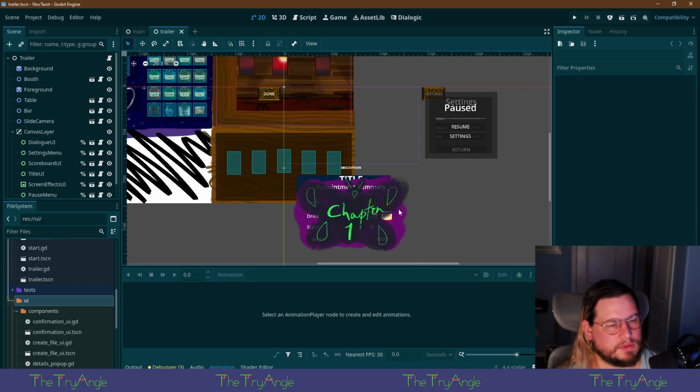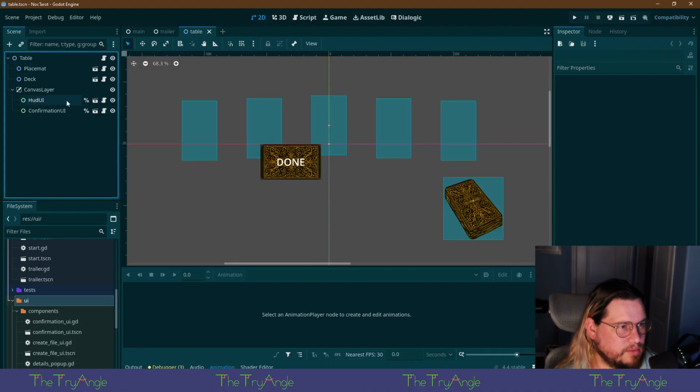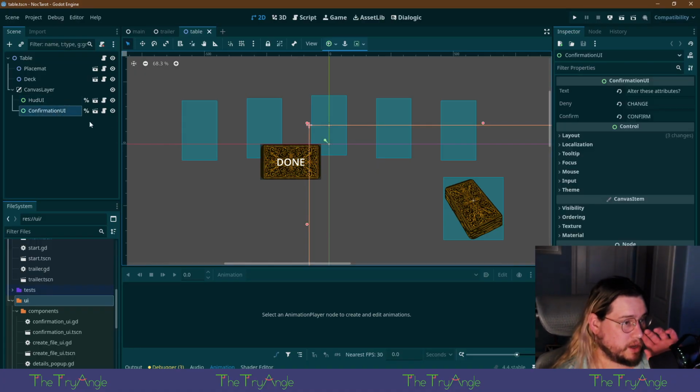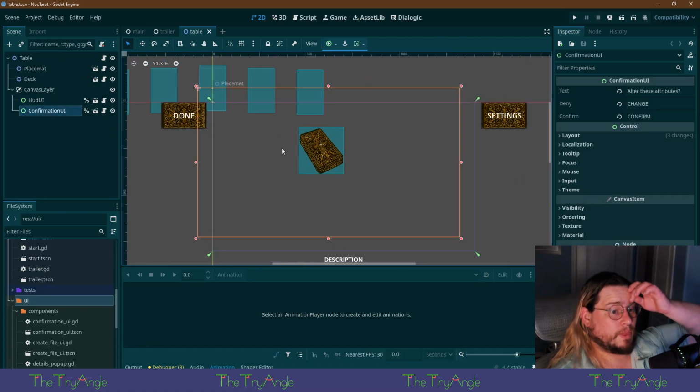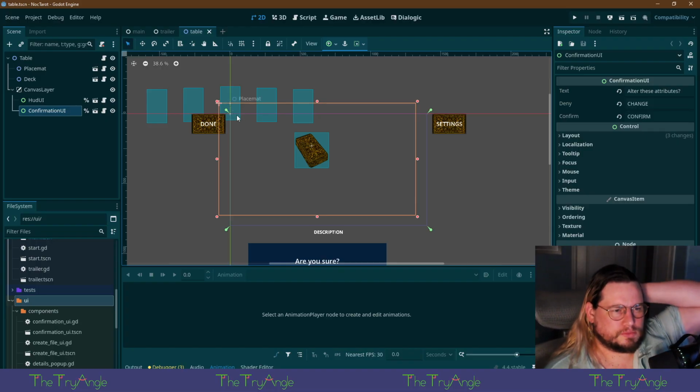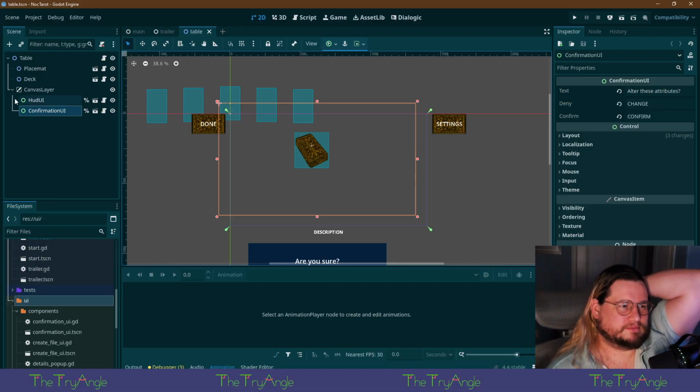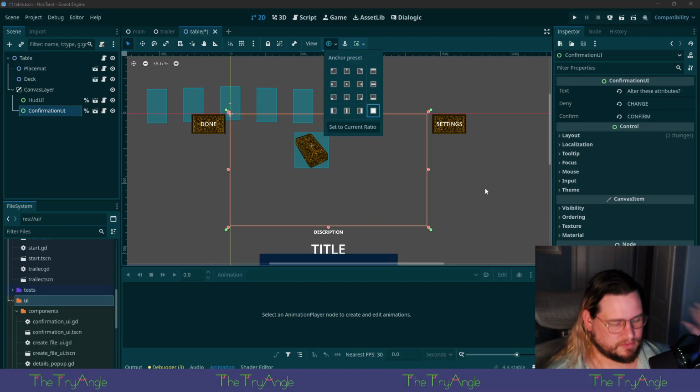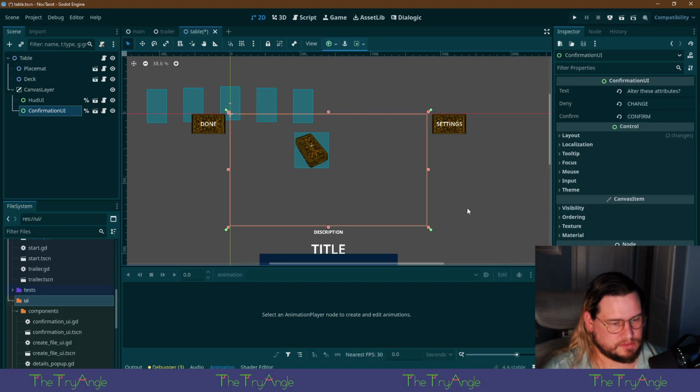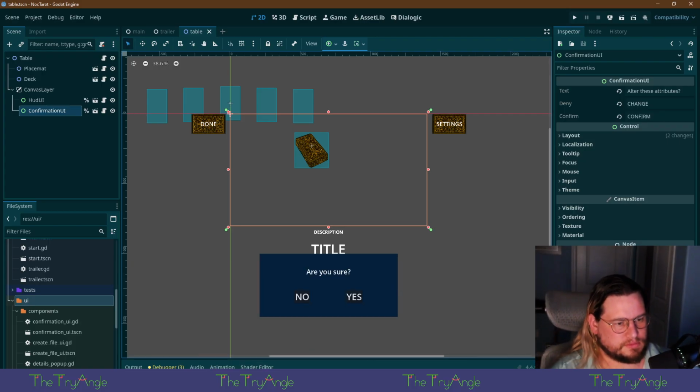Confirmation. All right, so no, that's the table, right? Yeah, so the confirmation UI. Oh. What the fuck? What do you mean? Ew. Gross. That was weird.